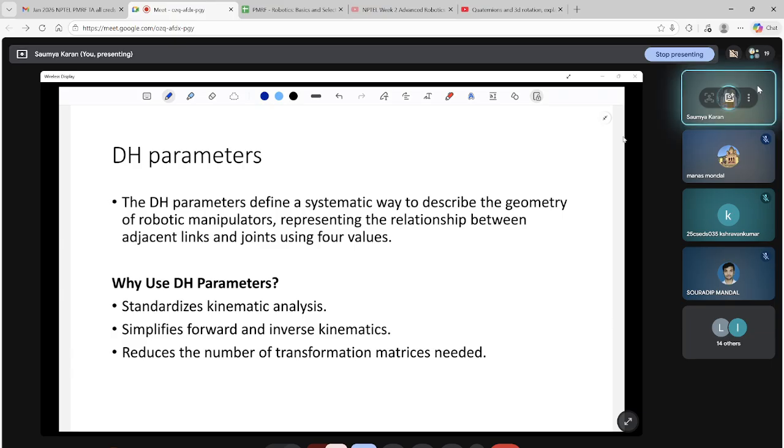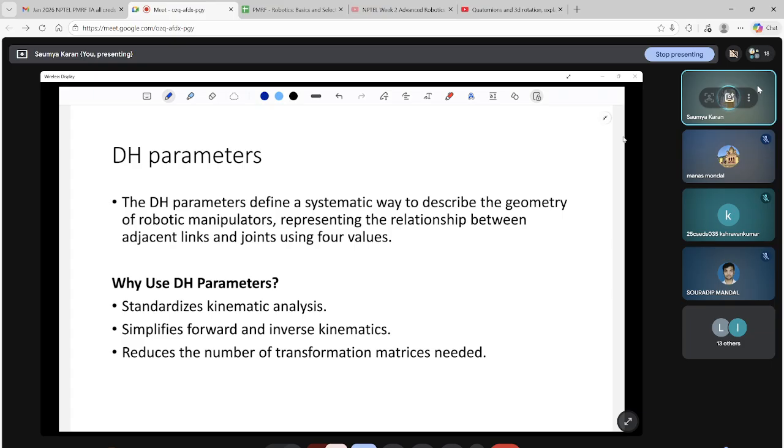And why do we need it? We already have 6 degrees of freedom, right? If we get access to all of X, Y, Z and all the roll, pitch, yaw angles, why do we need even the DH parameter? If you have gone through the lectures, you might have seen we need just 4 parameters instead of 6. So we fix how our Z is going to point. For a revolute joint, the z-axis has to point along the axis of rotation, and for a prismatic joint, it has to point along the axis of translation.